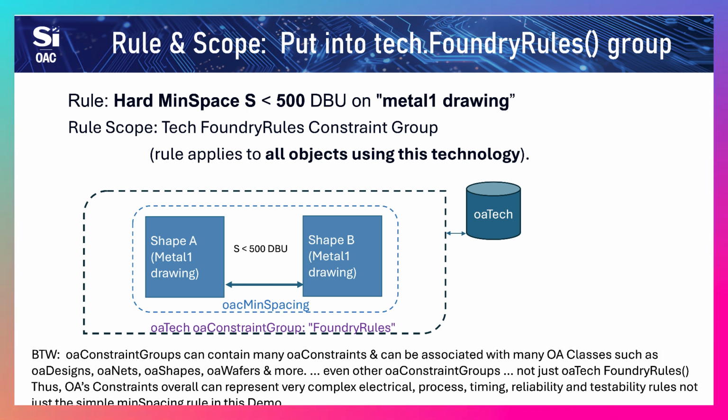Note that OA constraint groups can contain many OA constraints and can be associated with many OA classes, such as designs, nets, shapes, wafers, even other OA constraint groups, not just OA tech foundry rules. Thus, OA constraints overall can represent very complicated electrical, process, timing, reliability, testability rules, not just the simple min spacing